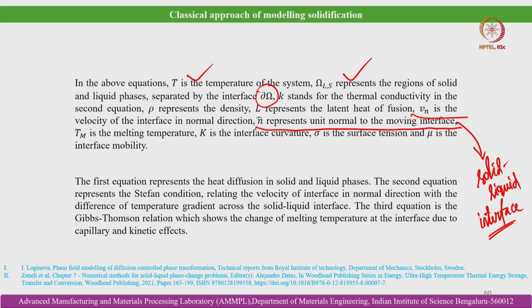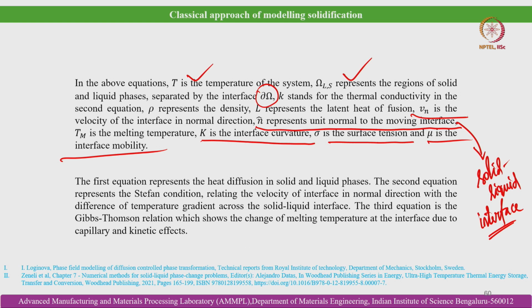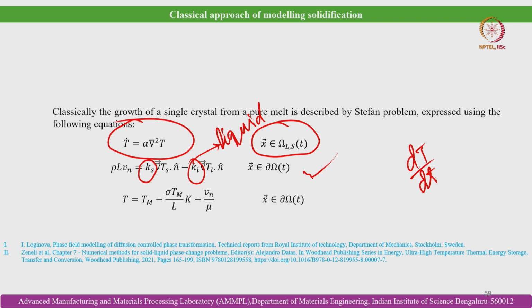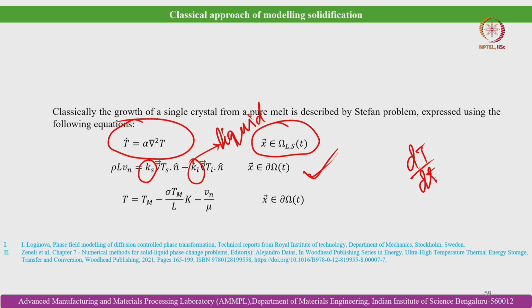So the solid is evolving and the solid liquid interface is also evolving with time. T_m is the melting temperature, K is the interface curvature, sigma is the surface tension, and mu is the interface mobility. The first equation represents the heat diffusion in solid and liquid phases. The second equation represents the Stefan condition,